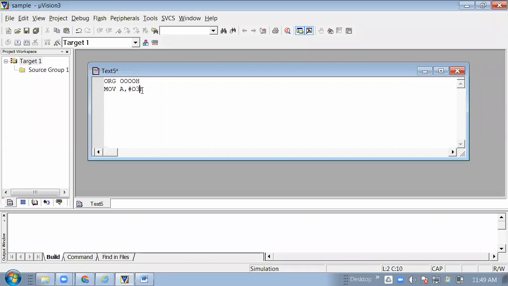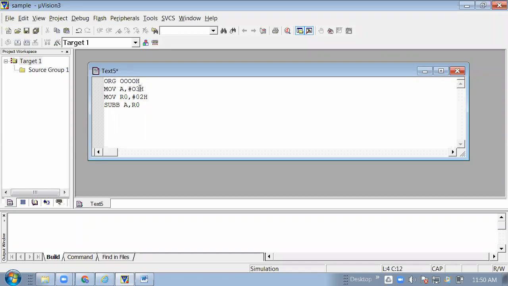So I'm not writing 32, I'm writing 03. See here I'm writing A, 03H and below I'm writing R0, 02H.